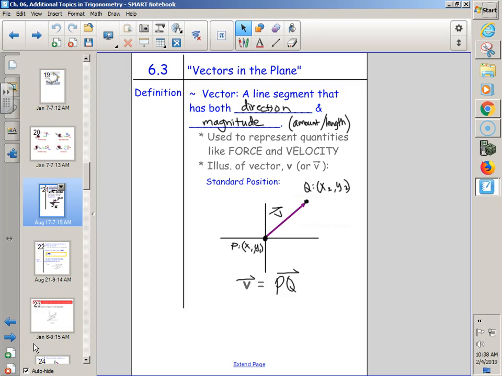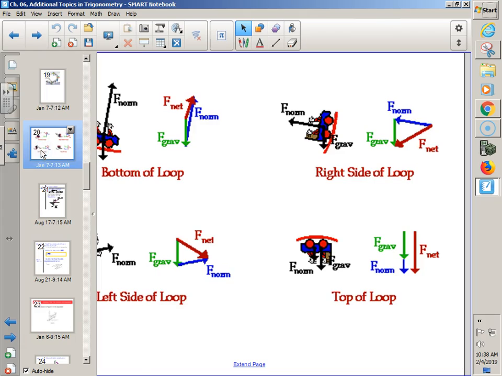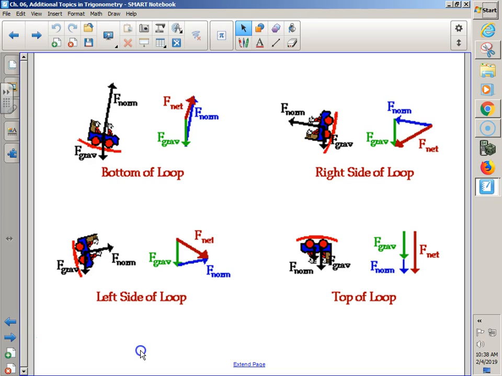Okay. What did we learn on Friday about vectors? They're represented by an arrow, both direction and magnitude. There you go. We talked about a line segment, not a ray, because it has a finite length. We talked about which of these was more technical, and it was this one, right? I briefly introduced the idea of rectangles being used to put multiple vectors together, and very, very end of Friday,